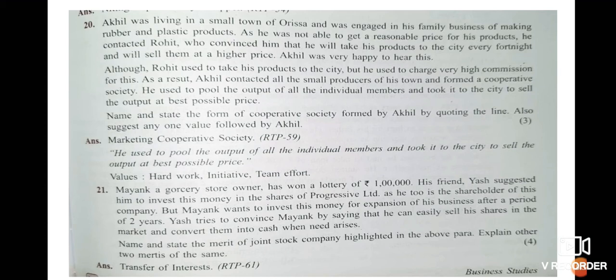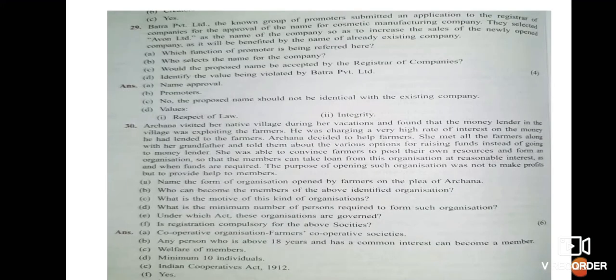After a period of 2 years, Yash tried to convince Mayank by saying that he can easily sell his shares in the market and convert them into cash when needed. So what kind of merit of joint stock company is this? This is transfer of interest, okay? And explain 2 merits, you can do it, okay? Next,